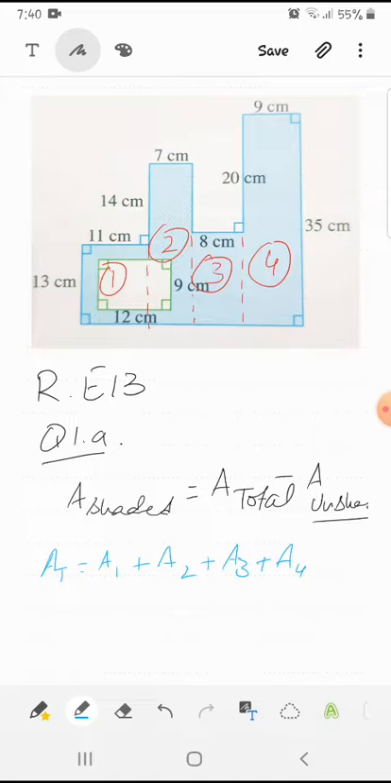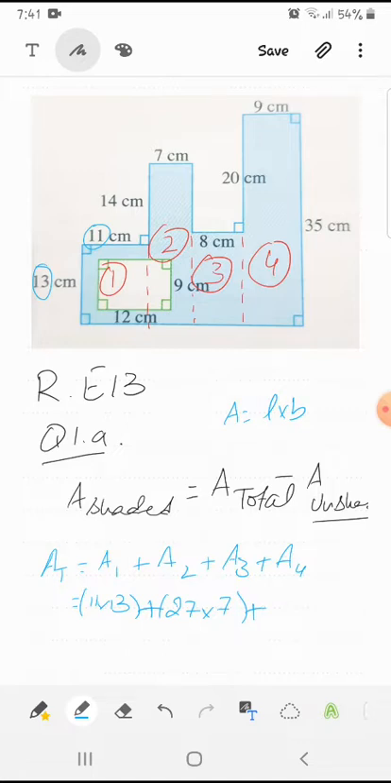And it could be easily found out using the formula for a rectangle, which is something like this. Area of a rectangle is equal to length into breadth, and for area 1, we can see that this is 13 and the second length is 11, so it's 11 into 13, plus the second, you can see, is 14 plus 13, you get 27 into the second length, which is 7, plus the third area is